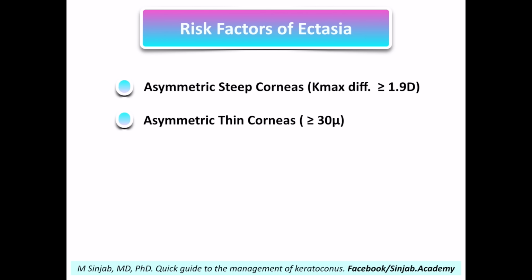If we have an asymmetry between the thinnest locations in both eyes equal to or higher than 30 microns, then it is a risk factor, because it has been found that less than 5% of normal people have more than 25 microns difference, and less than 0.5% of normal people have more than 34 microns. So on average, we can say if we have a difference equal to or higher than 30 microns, then it is a risk factor. Also, the asymmetric astigmatism,